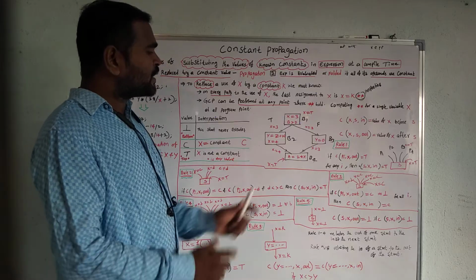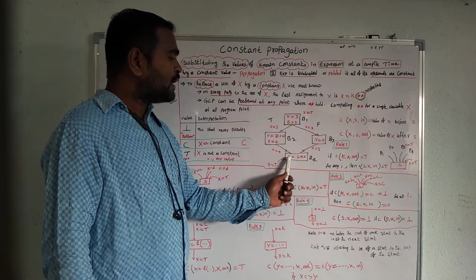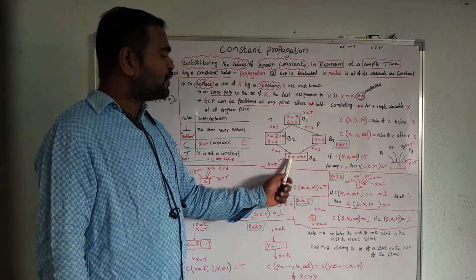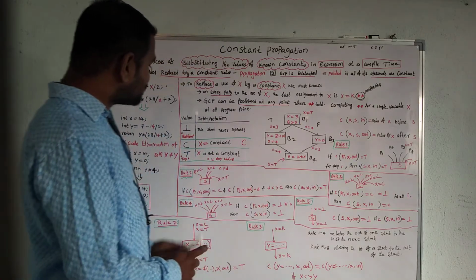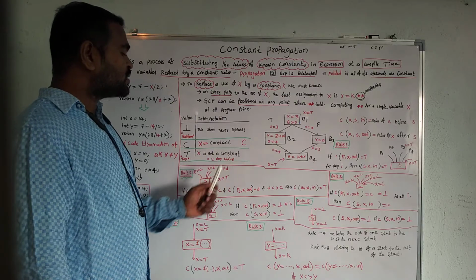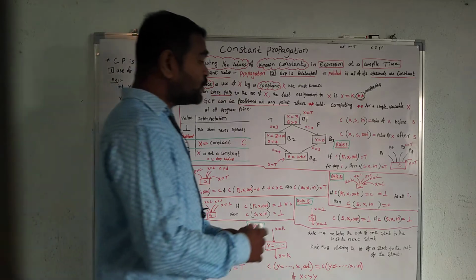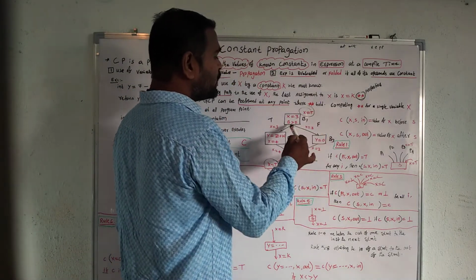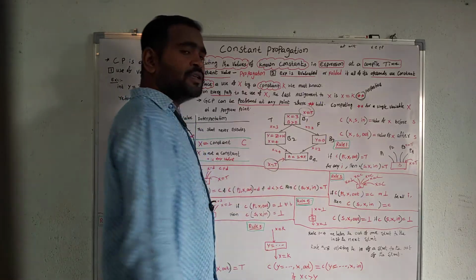So the x = 4 value is used in this location. Then a = 2 into 4, and you get the a value 8. So x = t. T means top. X is not a constant; x is any value. But if you consider this true case, you get the value 8.